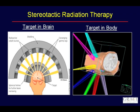The other approach would be to try to track the moving target. And the way you do tracking would be to implant some sort of marker into the target and then follow the marker. So the CyberKnife radiosurgery platform means that you would implant gold fiducial markers in and around the tumor, and then the robot would track that moving target, turning the beam on and off based on what it sees, where those markers are. Early data suggests that you can get control rates of 85 to 95% using these approaches